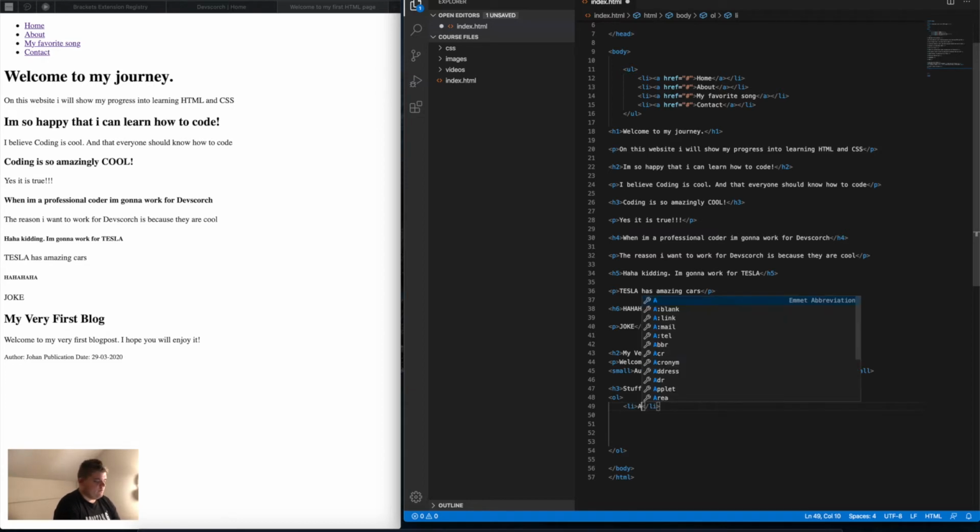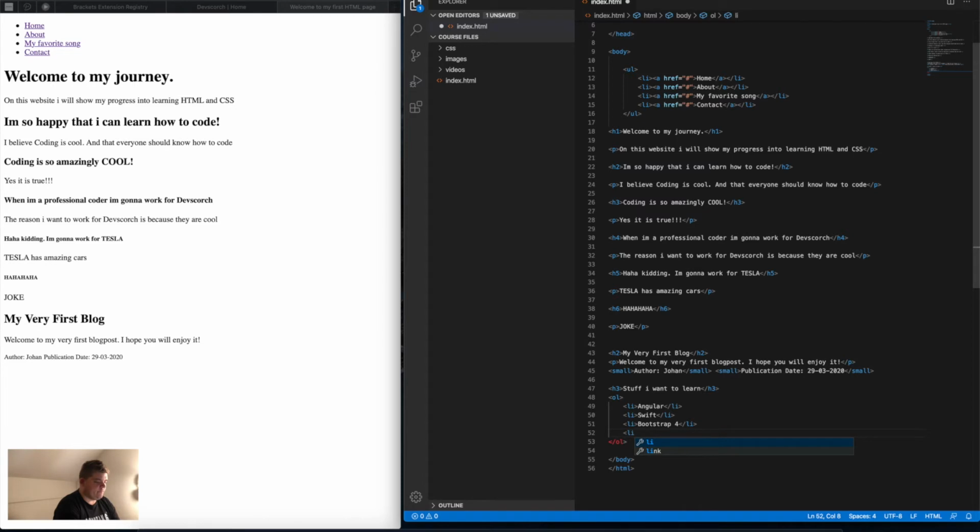and the first one we're going to call Angular. Gonna add another one, and we're gonna call this Swift, because why not, right? Third one, we're gonna call Bootstrap, because Bootstrap 4 is actually a pretty nice framework as well. And last but not least, we're gonna learn Node.js to build backends. Wait, we're gonna add one more. This is my personal favorite, Vapor. Vapor is also for building backends and websites and stuff like that, but it's based